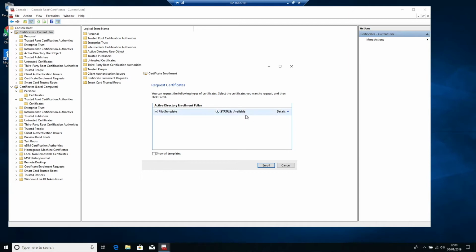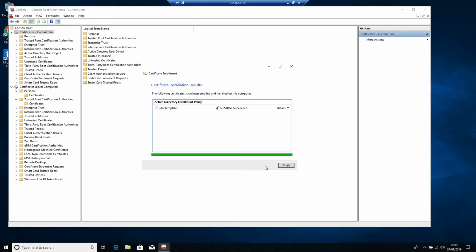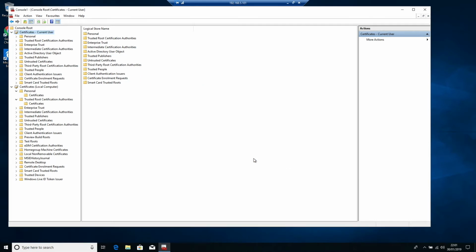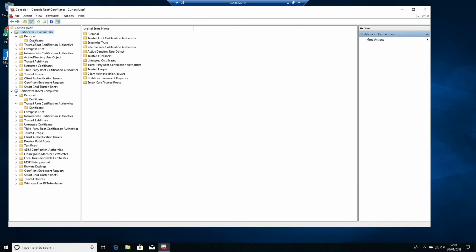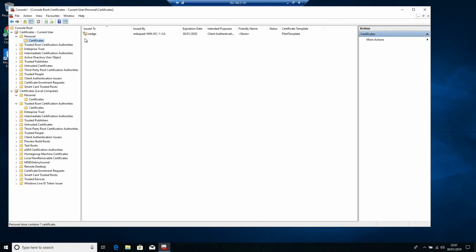Pilot template, there we go. It's saying it's available, so let's try to enroll. Detail. Yeah, it's saying succeeded. Okay, so that's good. And now we've got our pilot template. Okay, so that wasn't great because it was manual intervention, but it did allow me to just grab it down